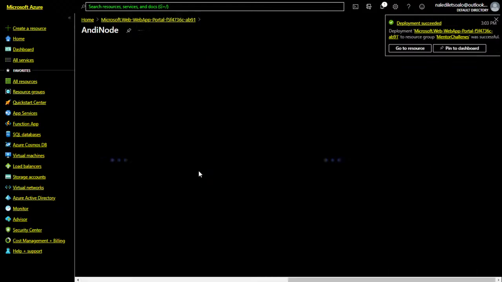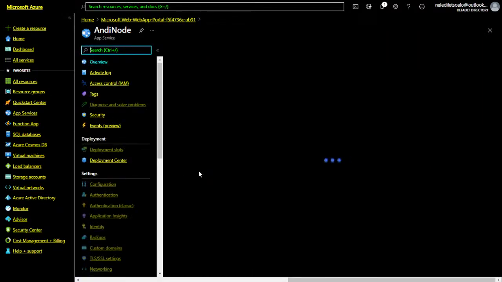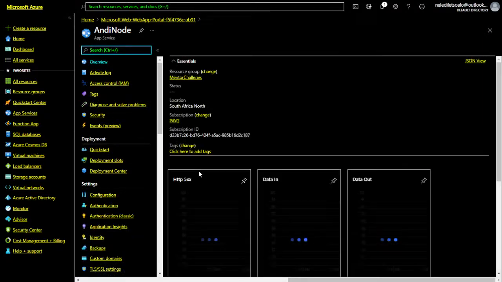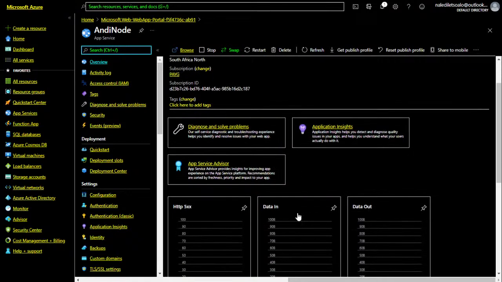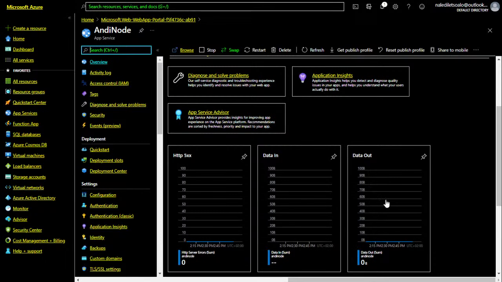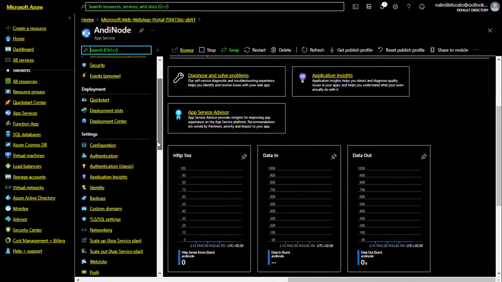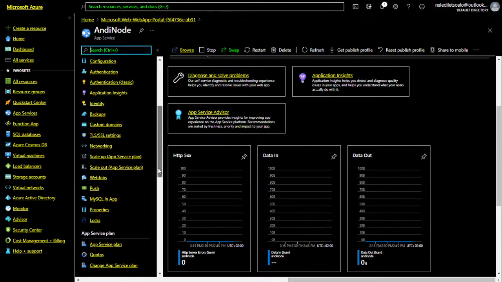So let's go to the resource. All right, great. So I'm in the resource over here. I'll be able to see the data in, data out, HTTP requests, server errors. Hopefully there should be none if we do things the correct way.